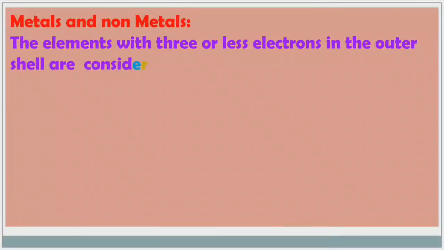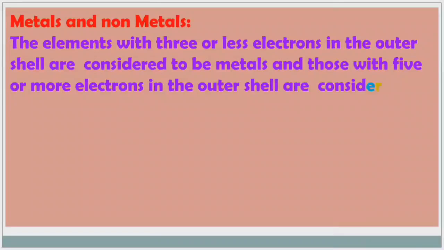The elements with 3 or fewer electrons in the outer shell are considered to be metals. For example, first A group elements have 1 valency electron in the outer shell, second A group elements have 2 valency electrons, and third A group elements have 3 valency electrons. So first A group, second A group, and third A group elements